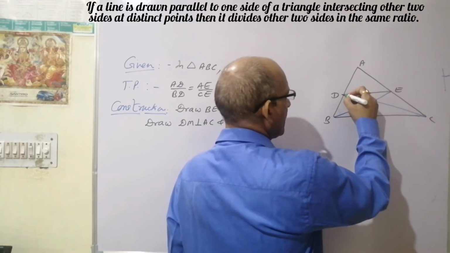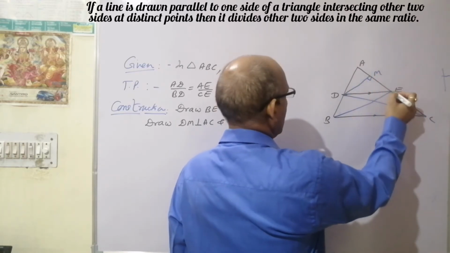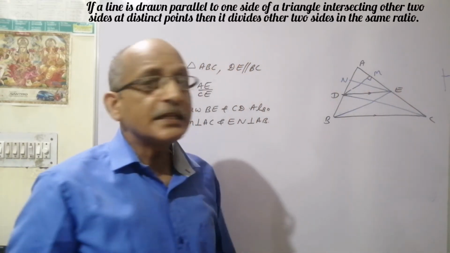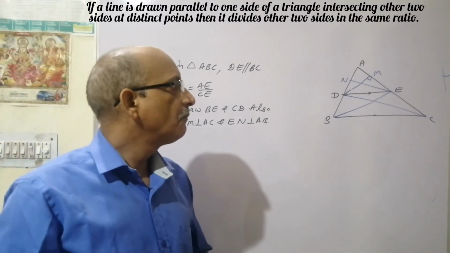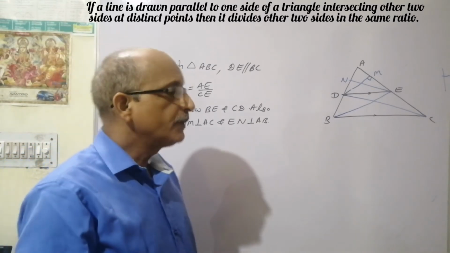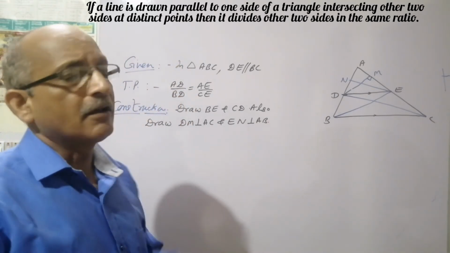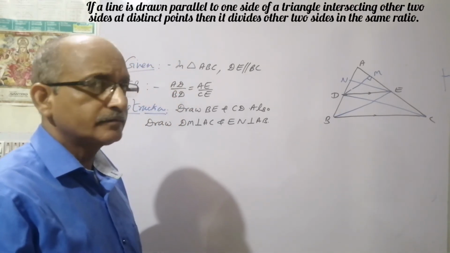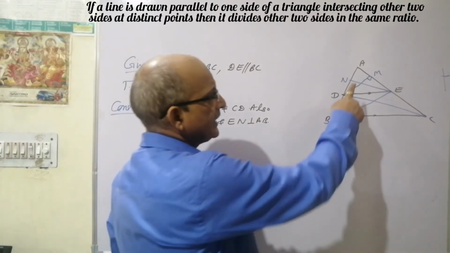Again we have to draw a perpendicular over here, DM, and another perpendicular here, DN. So all these blue colored lines are construction and black colored lines are already given. So whatever is there to be proved, I would like to take a trick for it. Let's see the trick. Now for it I am going to just erase it.